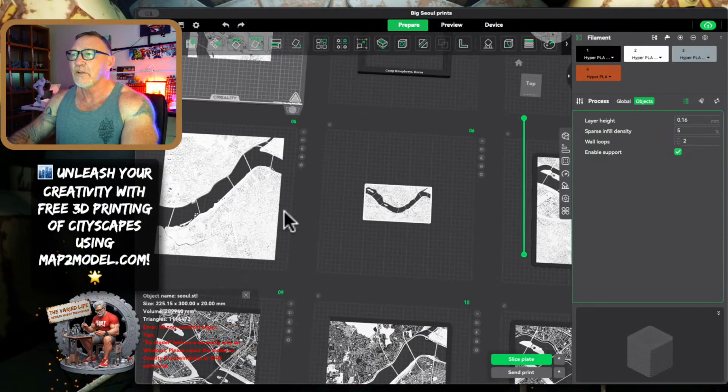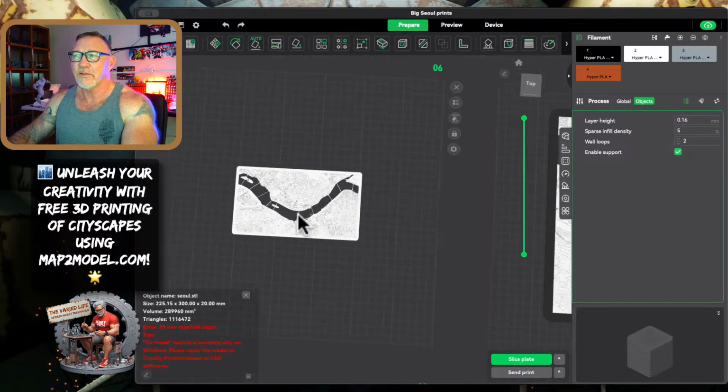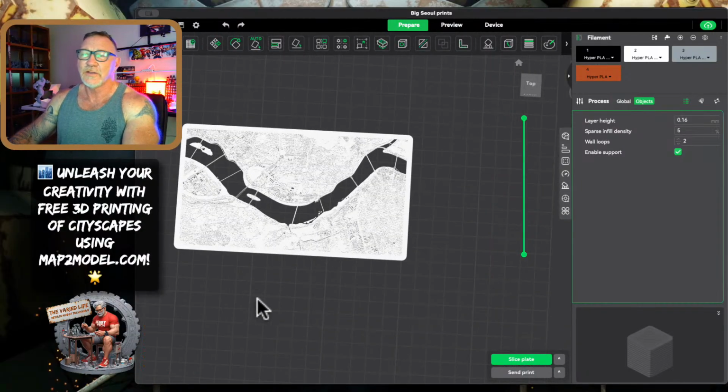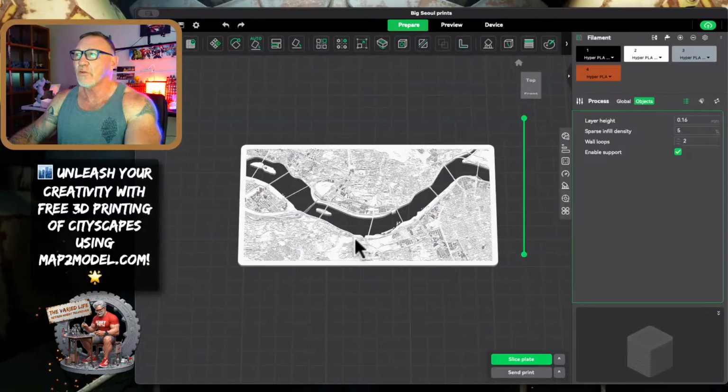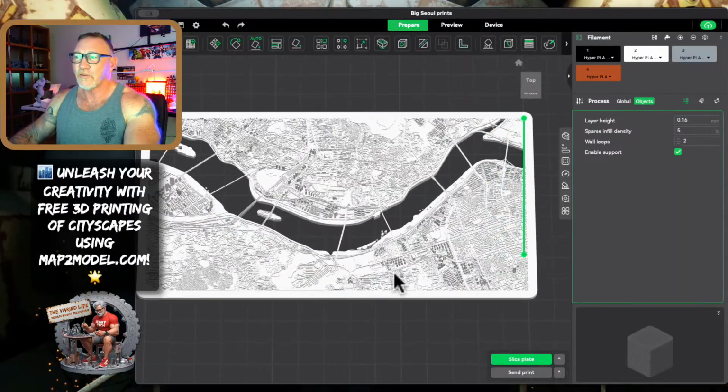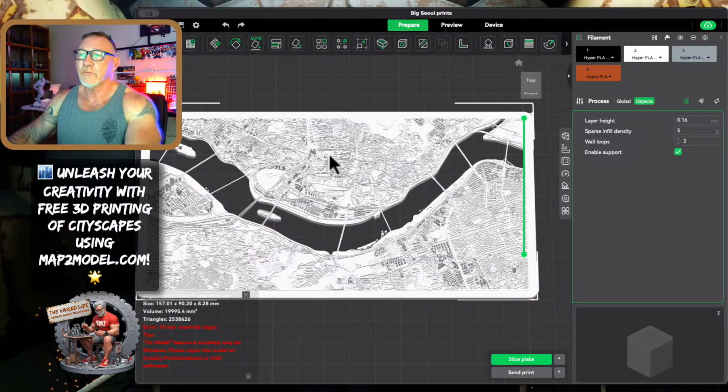And then I started playing around with larger, and like this one, some larger prints. I wanted to see that and kind of take a look at how much filament it would take and what it would look like. And then here's that one of Seoul, Korea, which has its own frame, and might as well go through it. If we select this,